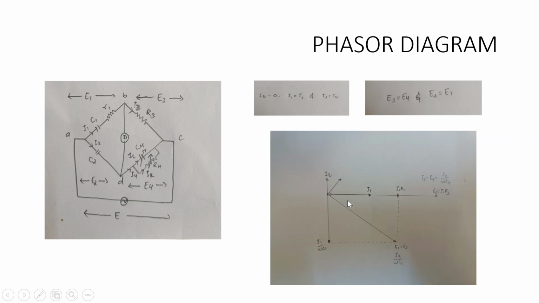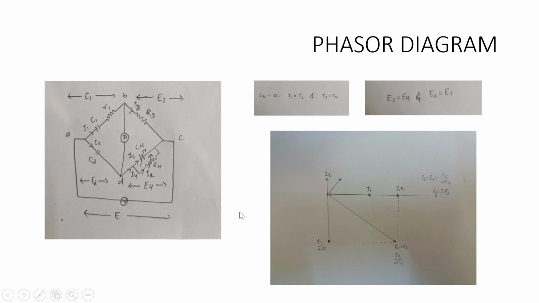Now since I1 equal to I3, we get E3 is equals to I1 times R3, and we extend the line on the same phase in the Phasor diagram. Now since E3 is equal to E4,